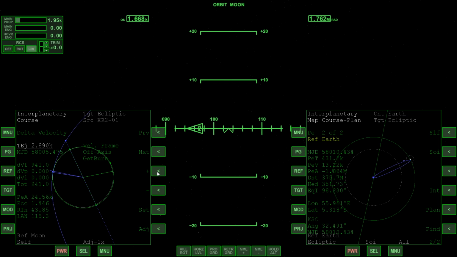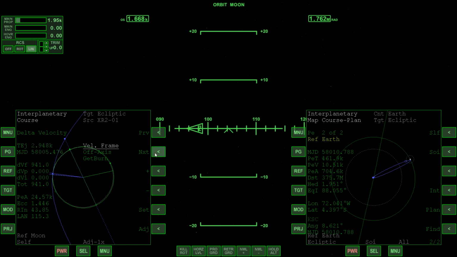But we also need to monitor the angle to Cape Canaveral down on the bottom left corner of the right MFD there on the map program. But this is where things get a little more confusing. In addition to setting our periapsis and our angle, we also need to be monitoring the longitude and latitude coordinates listed on the map program there. And we also should take a look at the equatorial inclination. So the longitude and latitude coordinates are telling us where exactly we're going to be hitting the atmosphere.